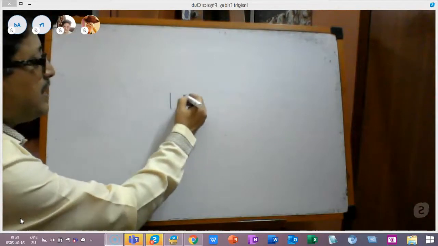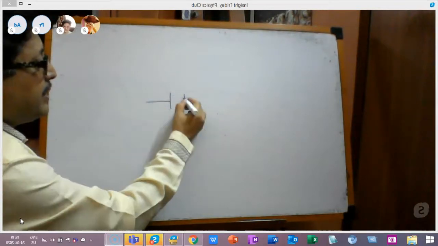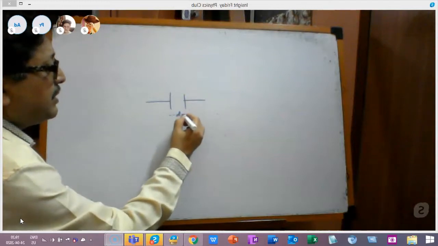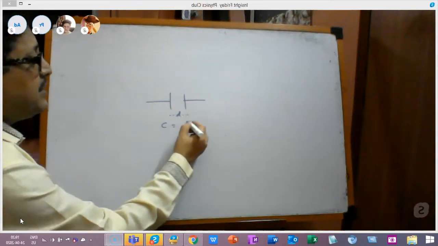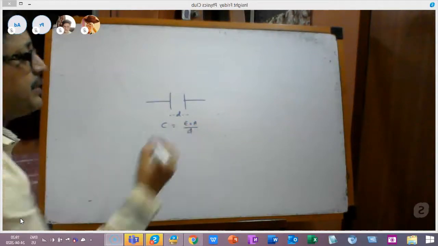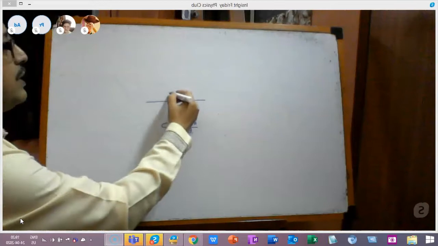Good evening, everyone. This class is on various cases of parallel plate capacitors where the number of plates may be larger than 2. In the case of 2 plates of a parallel plate capacitor, you all know the capacitance that you have done in normal class: if the distance between the 2 plates of a capacitor is equal to D, then the capacitance is given by C equal to E0A by D in air,